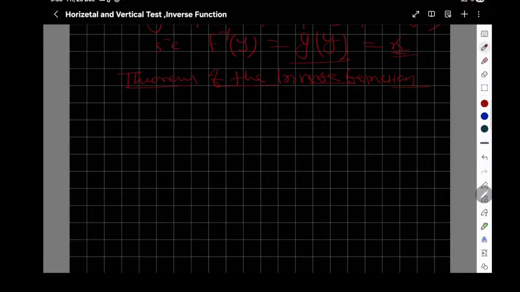Let f be a function that is one to one, with domain D and range R. Let g be the inverse function of f,